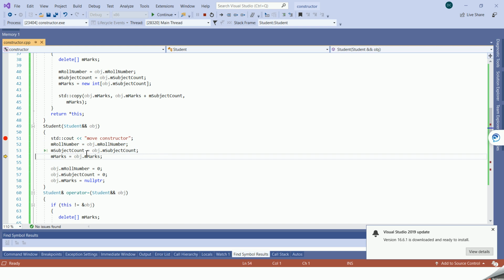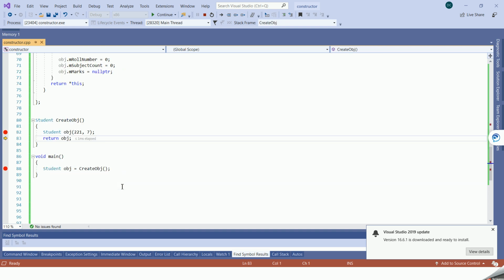And always remember, this line of code is a must. So you should assign this pointer to null and the size member to 0. That is their default values. Okay, so here you can see we did not create the extra memory, and then the object is created. So here the move constructor is avoiding some extra memory allocation.